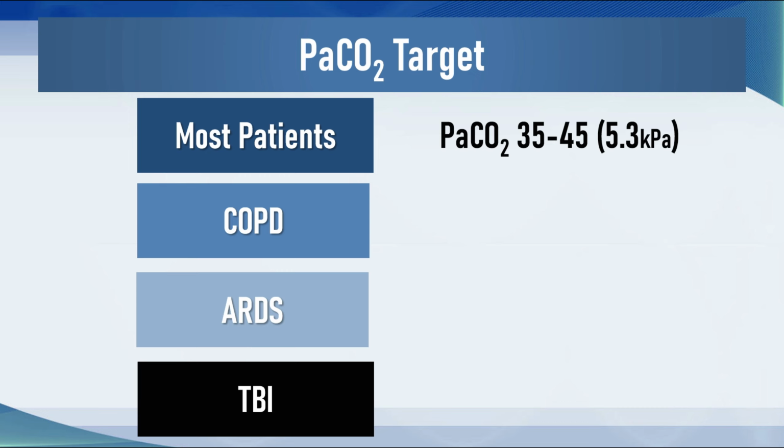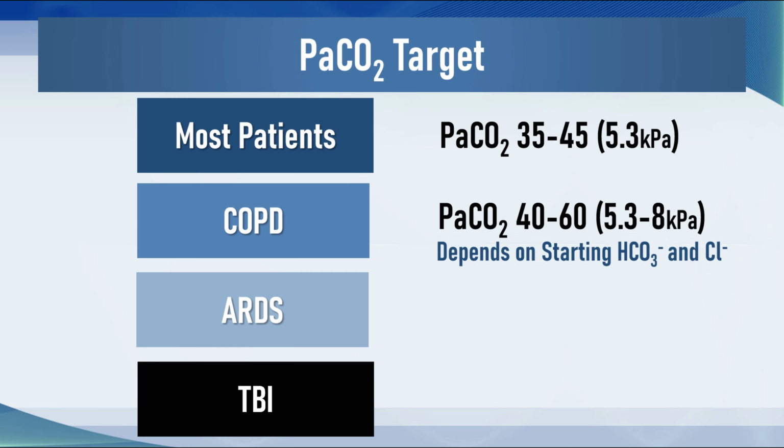around 5.3 kilopascals. In COPD, if the patient is a CO2 retainer, we're looking at a whole range of different carbon dioxides, and we need to know where the patient starts, and we often figure that out by looking at the bicarbonate or the chloride level, but it's usually somewhere between 5.3 and 8 kilopascals, 40 to 60 millimeters of